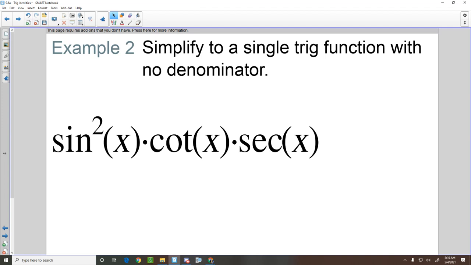So for this middle one, for cotangent, instead of rewriting it as 1 over tangent, just write this in terms of sine and cosine. Remember those 2 quotient identities? Use that instead. So always try to put everything in terms of sine and cosine first. So you want to try to think of keeping everything in terms of sine and cosine. So this first one,